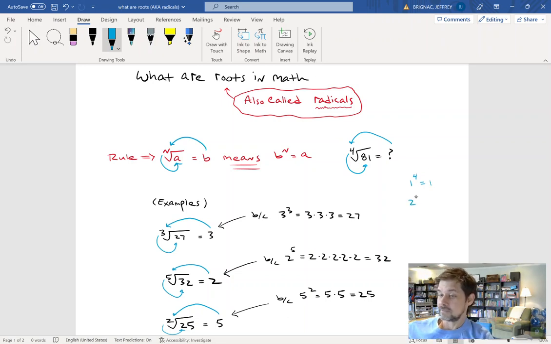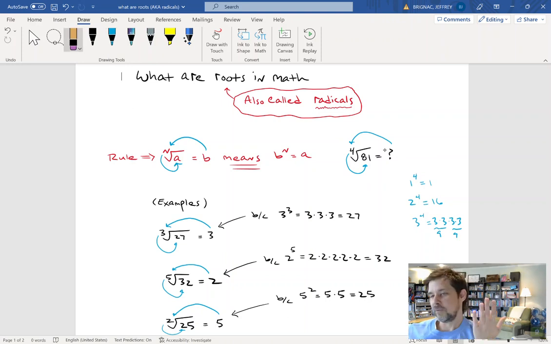Maybe the answer is 2. 2 to the fourth power, is that 81? Multiply together, 2 times 2 times 2 times 2, that's 16, so that's not it. Eventually, I'll probably find it. Let's see, 3 to the fourth power, 3 times 3 times 3 times 3 is 9 times 9, and that is 81. Okay, so that's how we might go about this if we were going to do it just with our minds, no calculator, okay? And I realize you might not want to do it that way because calculators make it easy,